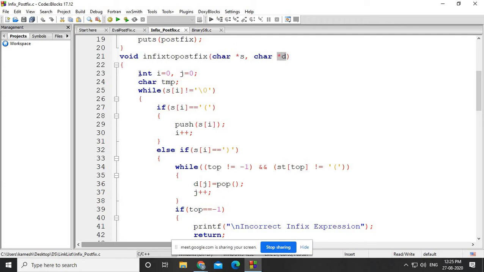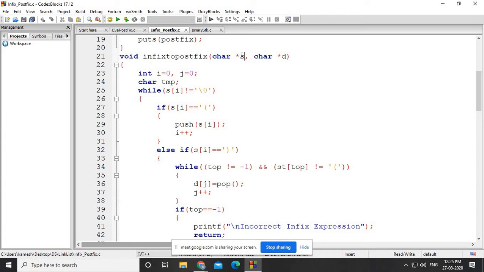One more thing, we are taking two variables, integer i equal to 0 and j equal to 0. We have taken one character temp variable. Now what we need to do is scan one by one character from the infix array. And who is pointing to the infix array? The S pointer. So until we get a null character, we just have to take one by one character from the infix array.